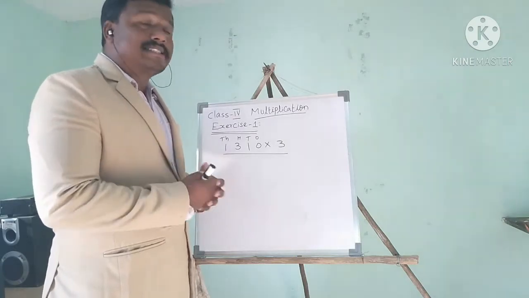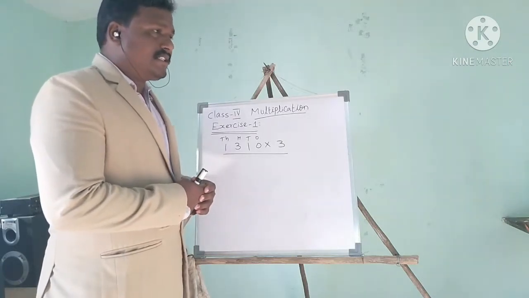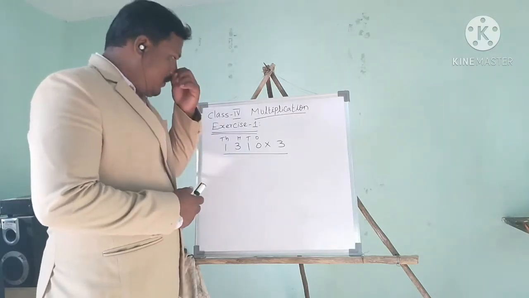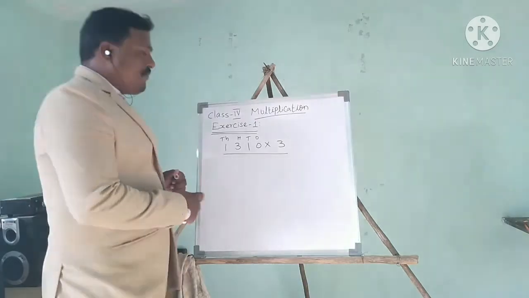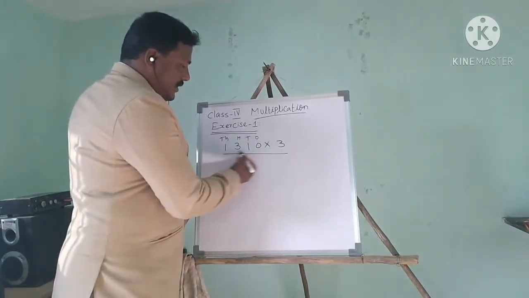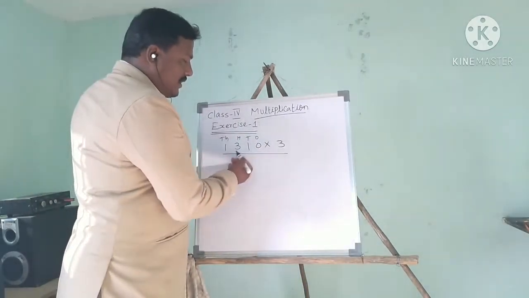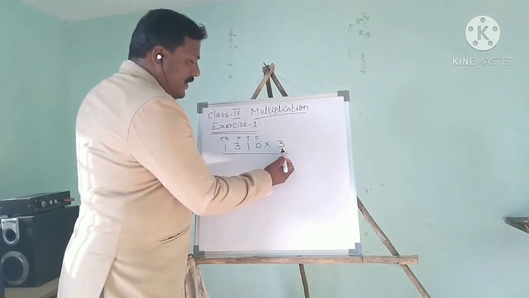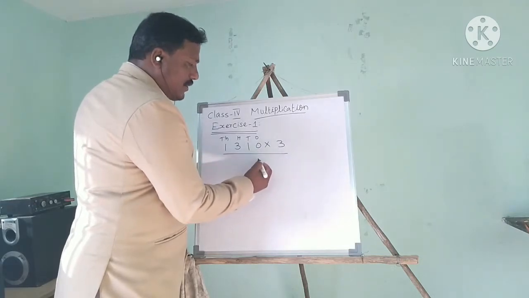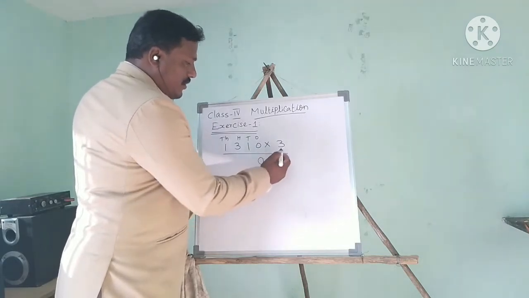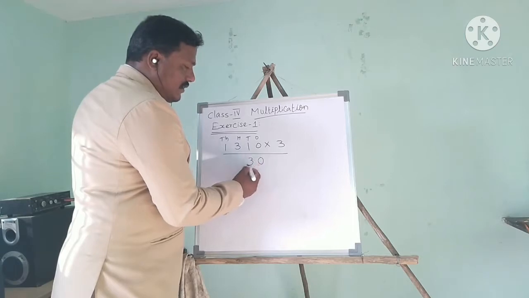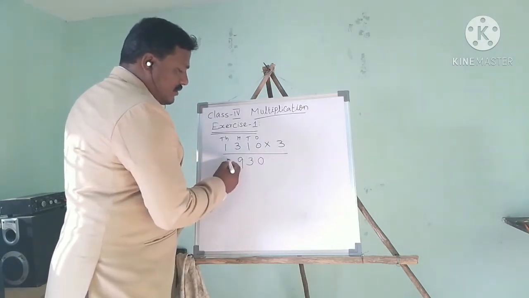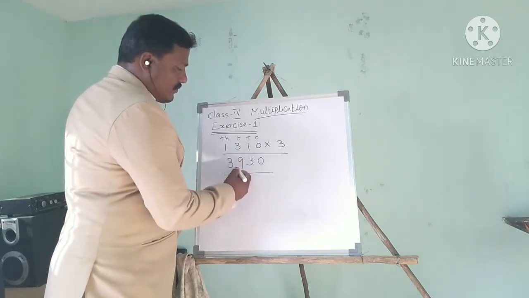Okay, exercise one. Sum two, I'm going to solve. Let me see how to solve this sum. So first of all, this is a number. It's a dividend. It's a divisor. Okay, so I'm going to multiply 3 into 0. So 3 into 0, 0. So 3 into 1, 3, 3 into 3, 9, 3 into 1, 3. So we got